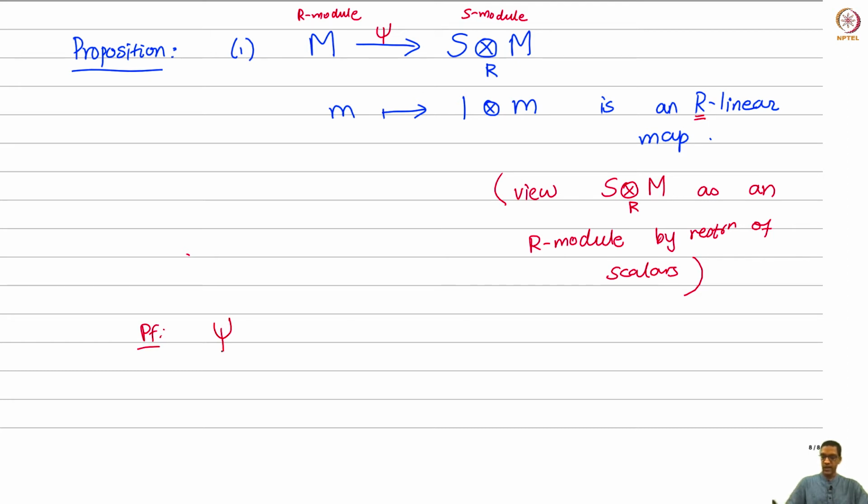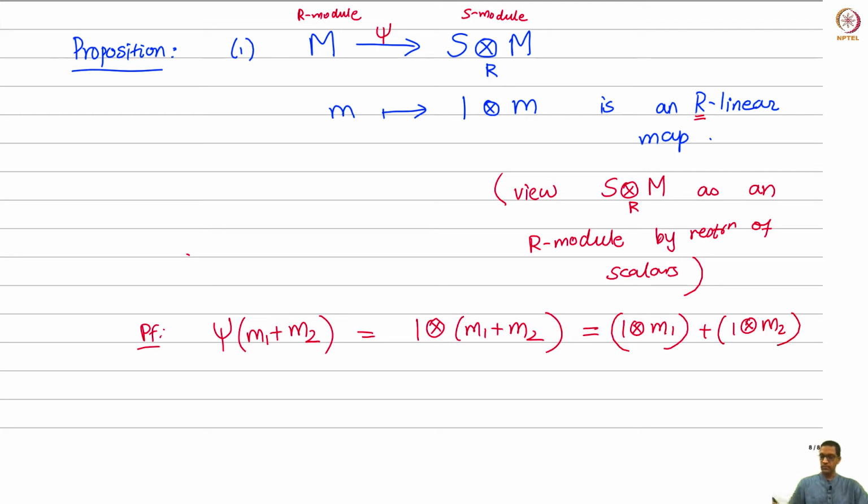So how do I show it's R linear? Well, I have to show, if I take a sum of two things, what does it go to? 1 tensor M1 plus M2. And of course this tensor symbol, you can think of it as Z linear definitely. So 1 tensor M1 plus 1 tensor M2, therefore it's psi M1 plus psi M2. That's the easy property. Let's check the second one, which is what happens if I put R in front of the M. So what is psi of Rm? Well, it's 1 tensor